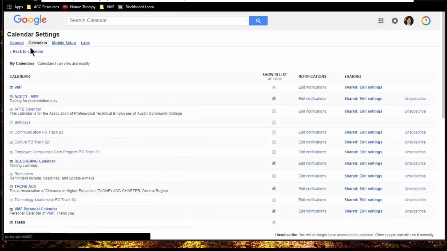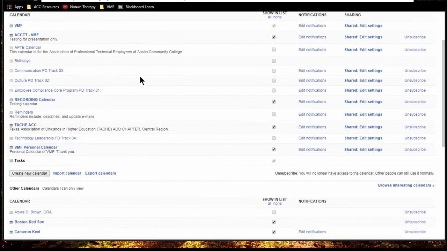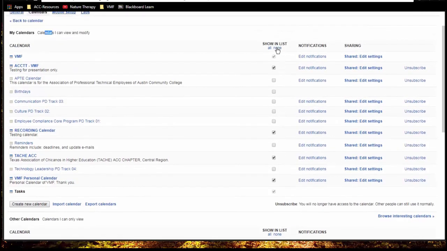So back under calendar settings, if you click on calendars, you'll find a list of the calendars that you can view and modify. You have a list of all of them, and you can choose to view them in the list in your front end view, or you can choose to edit notifications as you see fit. Edit settings,